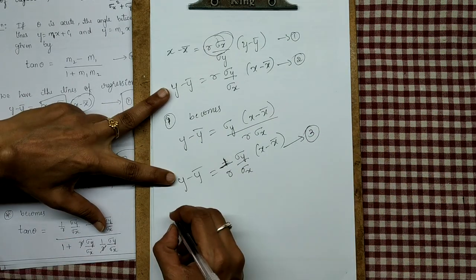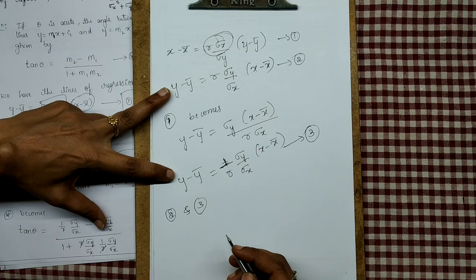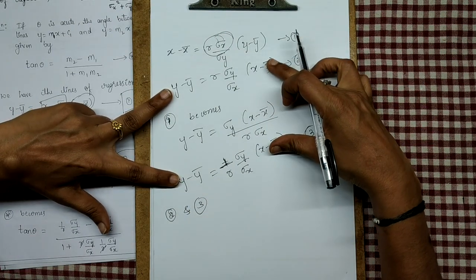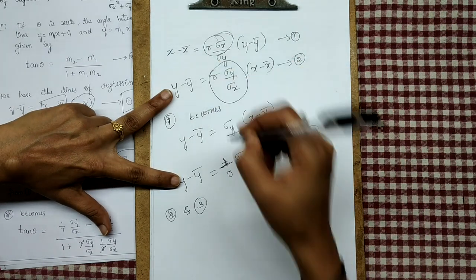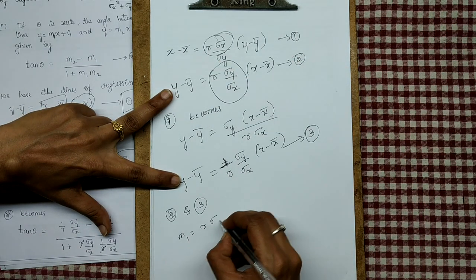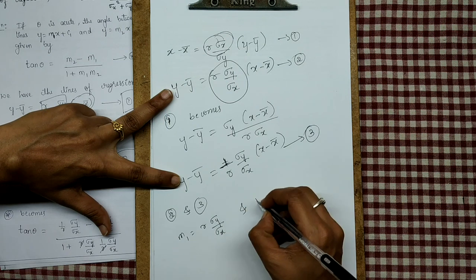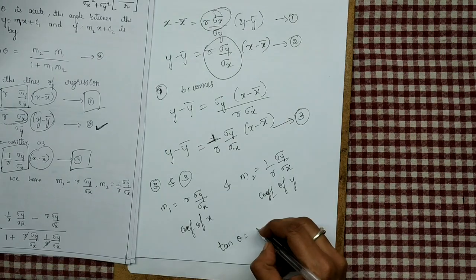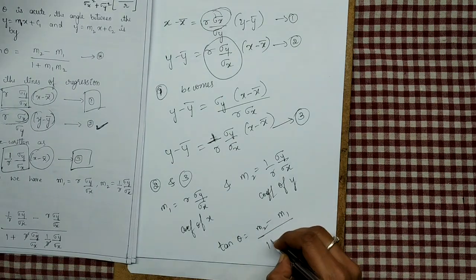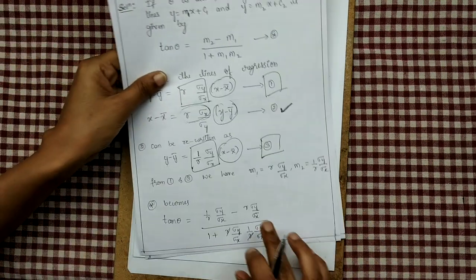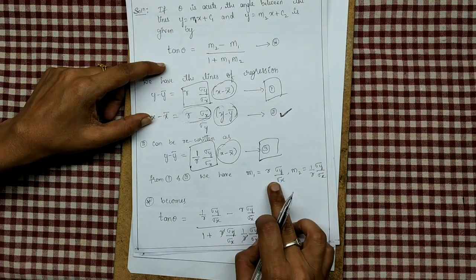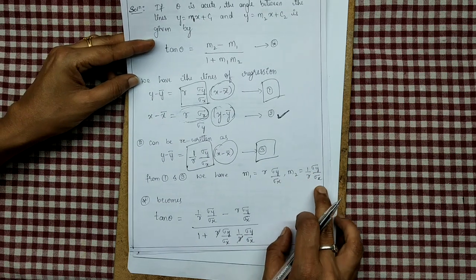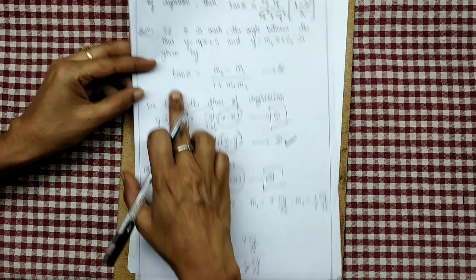Now from 2 and 3, what we have from 2 and 3, y minus y bar, here also y minus y bar, here x minus x bar, here also x minus x bar. Okay, you just leave these two things and take this as m1, r into standard deviation y by standard deviation x, and m2 as 1 by r into standard deviation y by standard deviation x. Tan theta is equal to m2 minus m1 divided by 1 plus m1 m2. See, I have substituted these two things. M1 is equal to r into standard deviation y by standard deviation x, and m2 is equal to 1 by r into standard deviation y by standard deviation x. Those two I am substituting in the formula for tan theta.